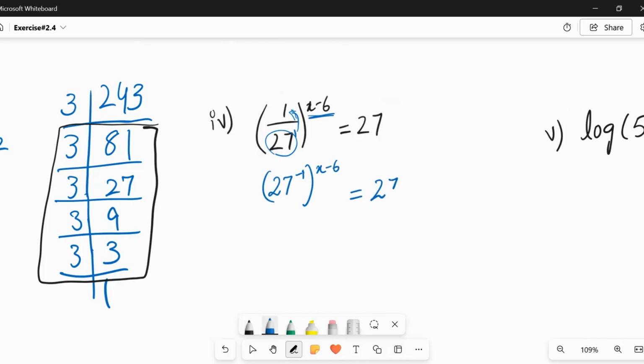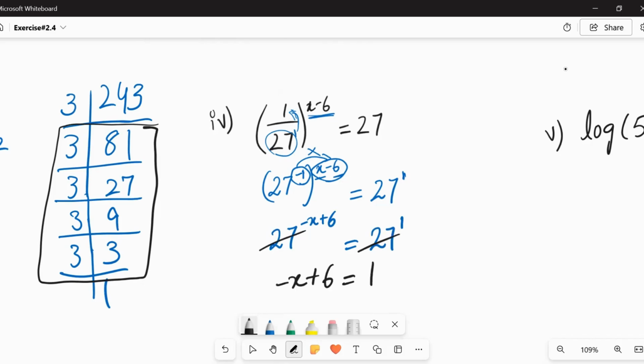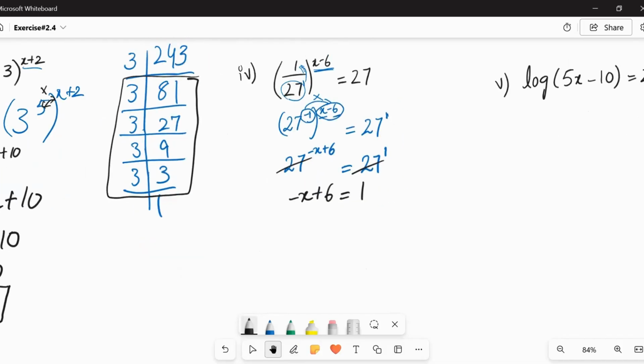एंड दिस 27 विल रिमेन एज इट इज, और यहाँ पे 27 की पावर क्या है, 1 है, राइट। अब ये वाली जो -1 पावर है ये आपके पास जो बाहर वाली पावर गिवन है इसके साथ मल्टीप्लाई हो रही है। ये जो -1 है ये x के साथ भी मल्टीप्लाई होगा और -6 के साथ भी मल्टीप्लाई होगा, सो इसको मल्टीप्लाई करवा देते हैं। 27 पावर माइनस x प्लस 6 इक्वल्स 27 पावर 1। नाउ अगेन द बेसिस आर सेम, सो द पावर्स विल be equal to each other, so we'll write it like this, x plus 6 equals 1,